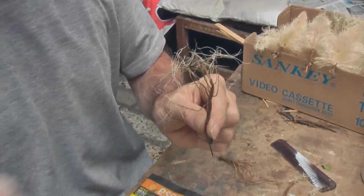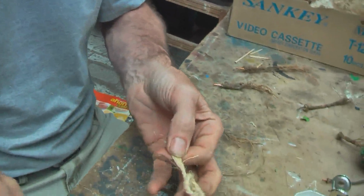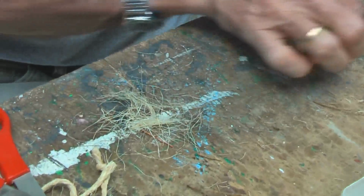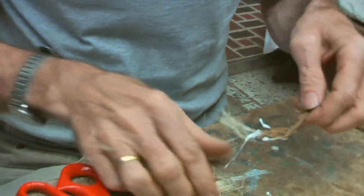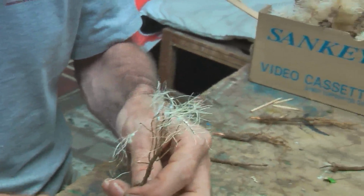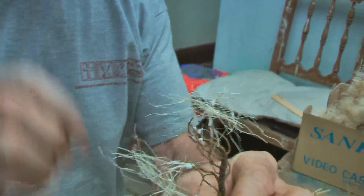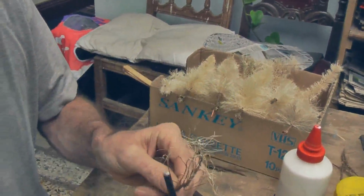So the third one was a similar style, but instead I put the longer fibres on first. As per usual, I want to get the fibre from some twine, chop some off, and in this case I'm going to make it all disorderly, because I'm going to take a root that's got spindly ends to it, daub some glue on the end of it so that it's going to have a whole bunch of that fibre stick to it, and that's going to be the basis of my very thin branches that are smaller fibre branches. I set that aside. Now it's very spindly, as you can see, but that's going to give me a fairly wide canopy. And now I'm going to be painting those fibres with glue sporadically,